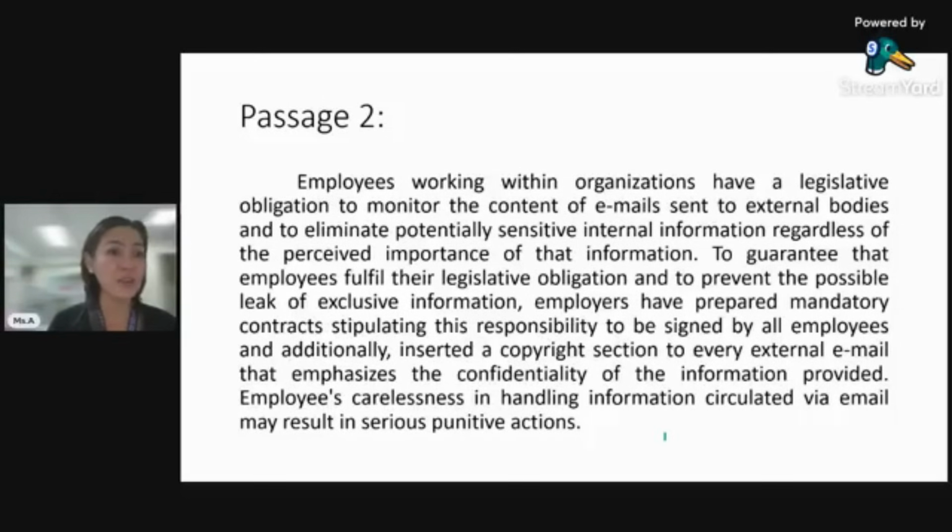So legislative obligation nga po to monitor the content of emails sent to external bodies. So sa labas, i-share mo, i-forward mo, and to eliminate potentially sensitive internal information regardless of